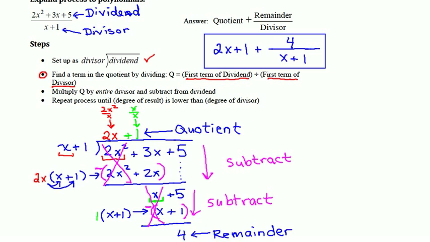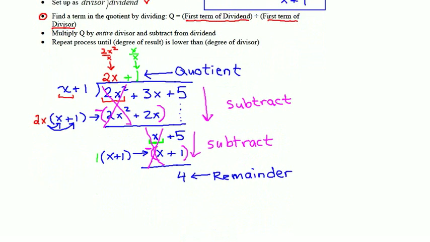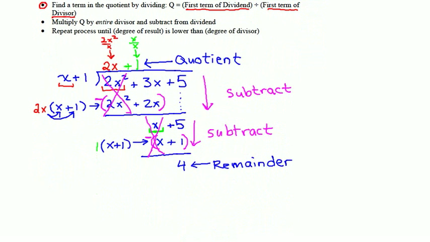A few points, however, before we go further. It's important not to gloss over exactly how I knew that I was done and that that's my remainder. I got all the way down to a number, but that won't always be the case. So let's look down here at our work in dividing these polynomials. What it really comes down to is the degree of the polynomial. My divisor is a degree 1 polynomial